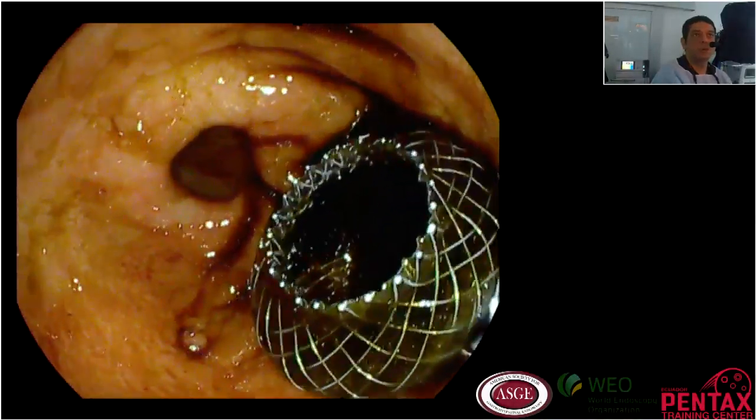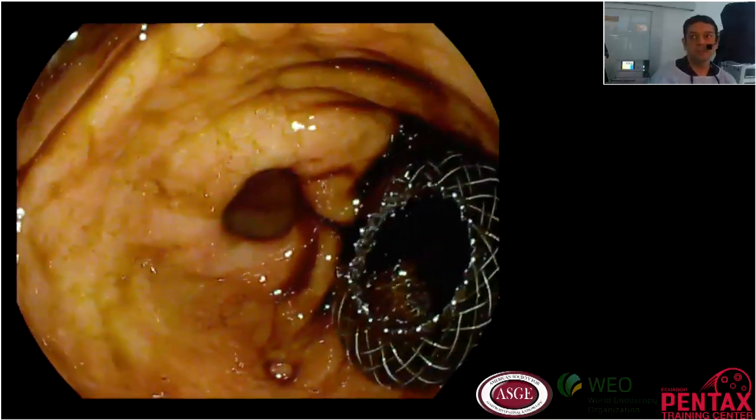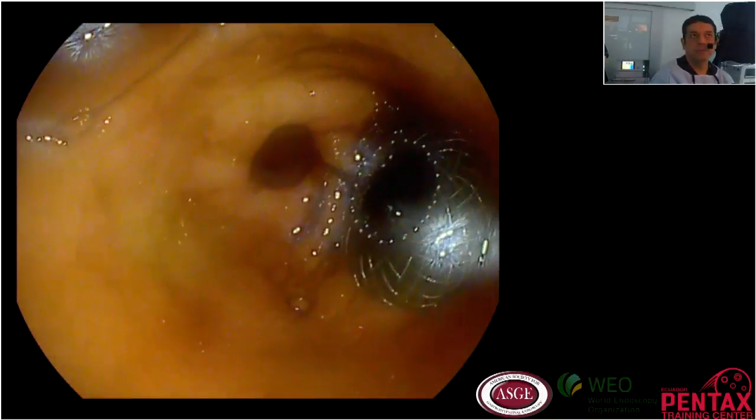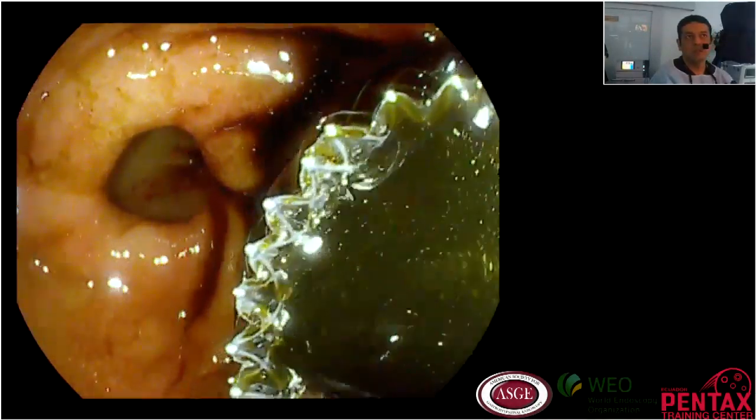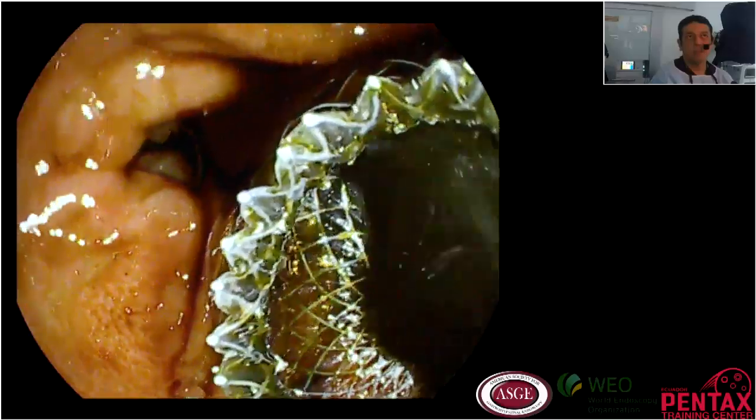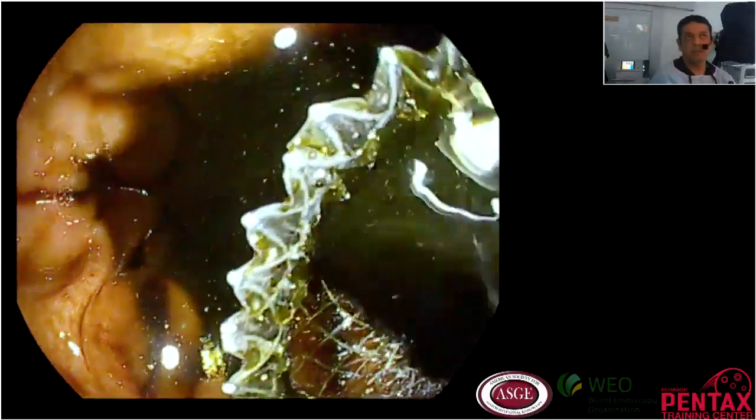So here is my Axios inside the lumen. You can see endoscopically a very good drainage,